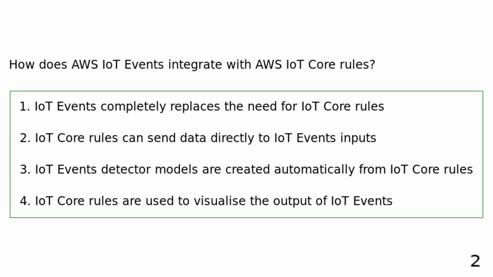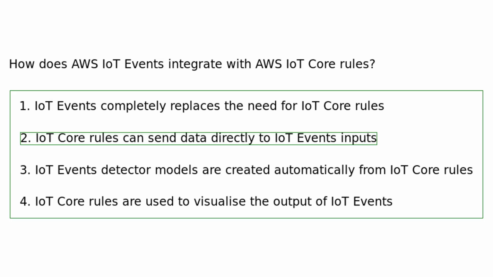IoT Core rules are used to visualize the output of IoT Events. AWS IoT Events integrates with AWS IoT Core rules by allowing IoT Core rules to send data directly to IoT Events inputs. This enables seamless data flow from IoT devices connected via IoT Core to the event detection and response